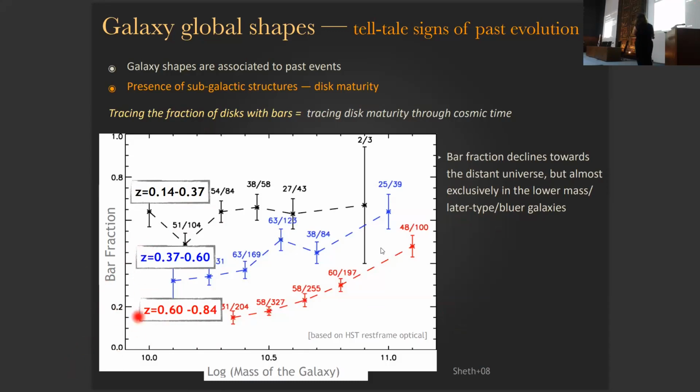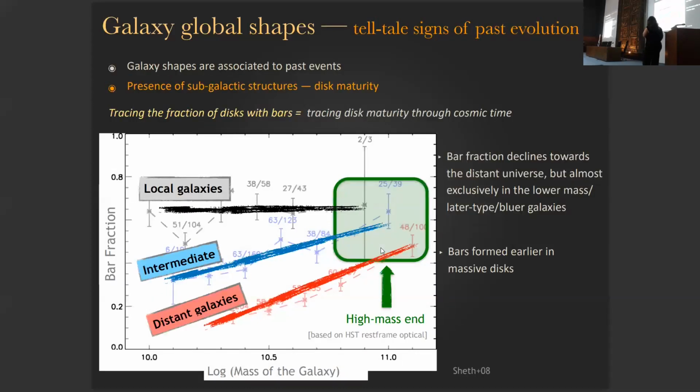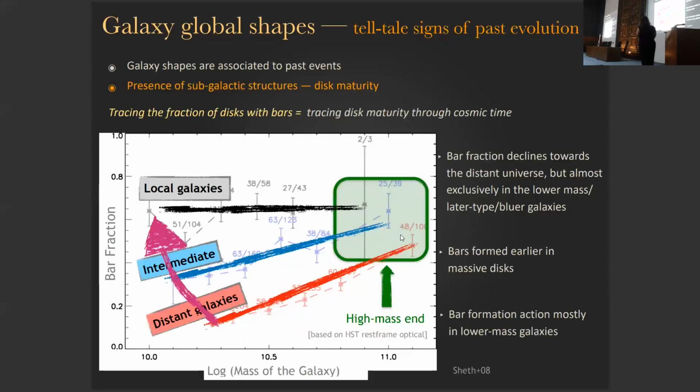And note that by lower masses, we are still looking here at masses greater than 10 to the 10. And when you look at the higher end, the bars formed seem to be quite established. So basically, independently of the redshift that you look at, within the error bars, you see that the high mass end already had its bar fraction established. So really, all the bar formation action, which remember, we're connecting this, it's not only the beauty of finding bars, but it's the beauty of being able to connect this to the maturity of these disks, to the dynamical coolness of these disks.